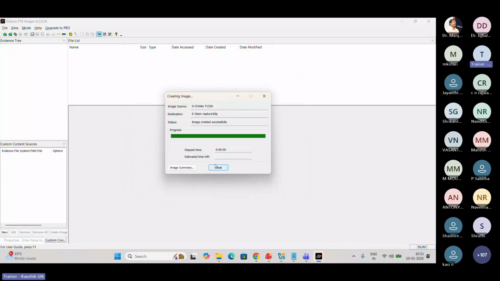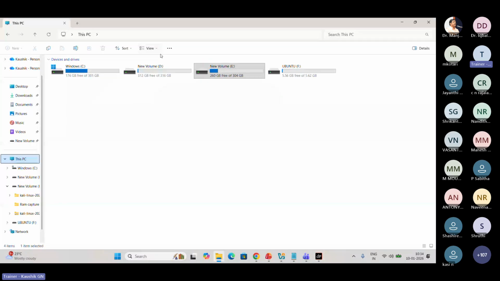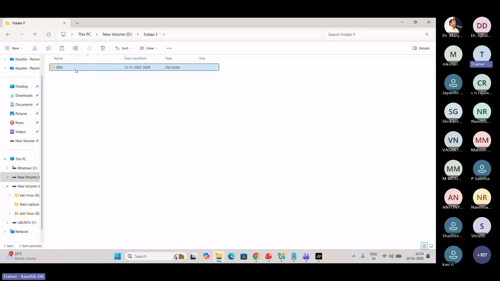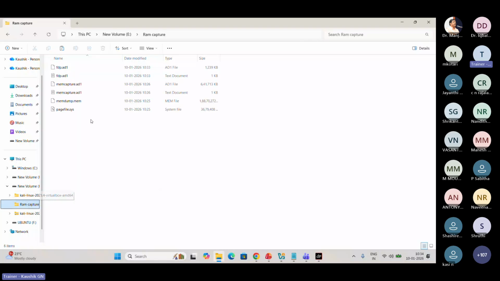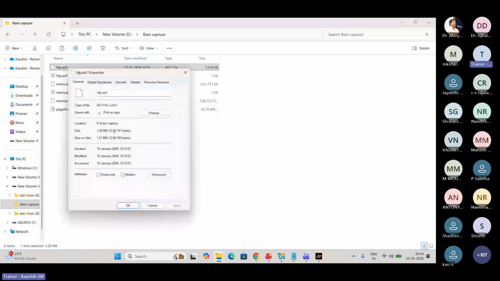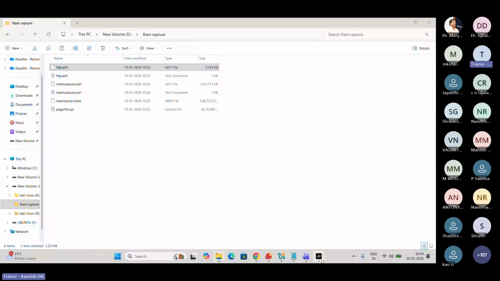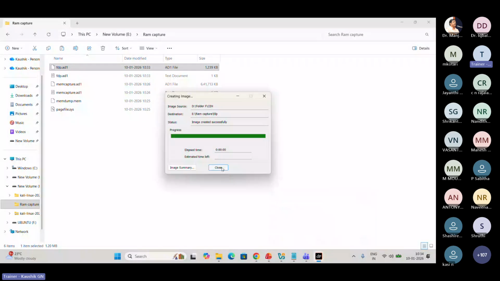So what I have done here, the image is created. Here this folder CH is there. Okay, I have made an image of it and I have captured it here. So in the name of FDP, the image is created. AD1, the image is created. How to analyze it? The capturing is done for the single folder. So I can't do it for the drive. I can't do the imaging of the drive in the same system. For that, I have to physically insert the hard drive or the pen drive.